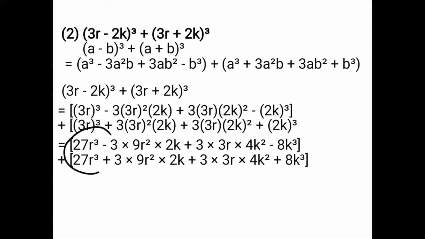A cube and b cube I already solved here before, that you have to write as it is. For next step also you have to write as it is. Underline 3a square b plus 3ab square in both the brackets. A cube and b cube which I solved, write the next step as it is now and solve the multiplication form of 3a square b plus 3ab square,